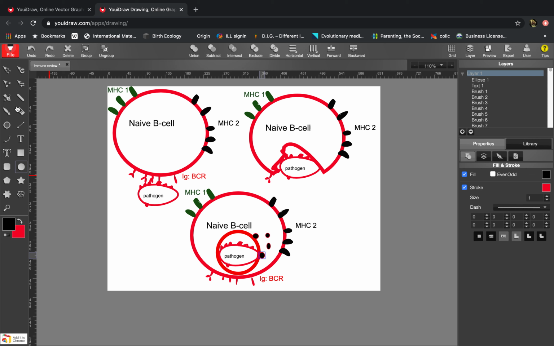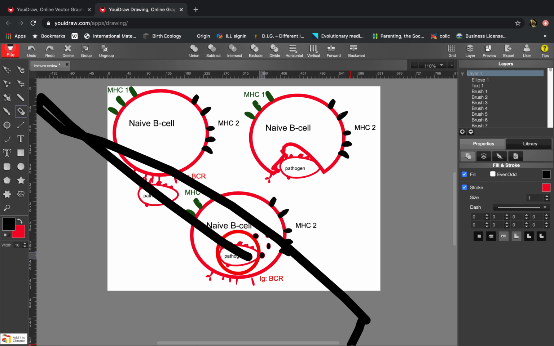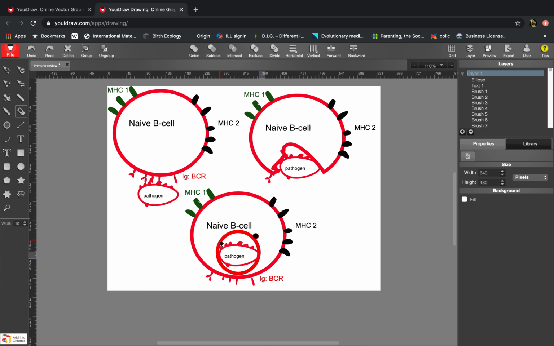So now this pathogen is going to be put into little tiny pieces. I don't have an eraser, but this pathogen is going to be digested into tiny, tiny pieces. I sort of thought this was going to be an eraser, but I'm not sure what it is. So with that in mind,